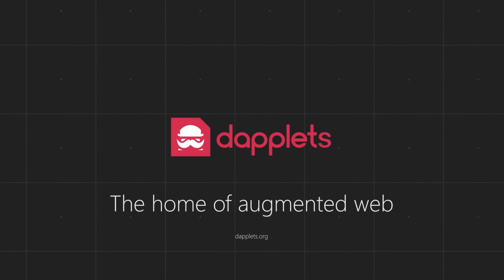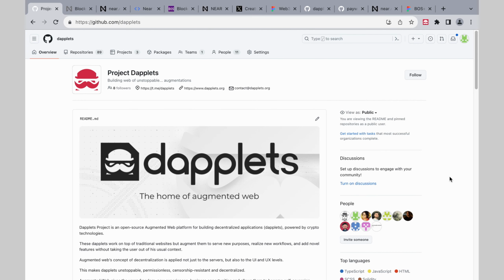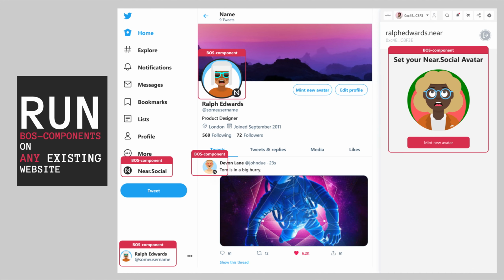Dapplets provides tools for embedding Web3 applications into any web page without getting permission from its owner. It is a fully decentralized, permissionless, open source, and crypto-aware Web3 platform. And now we want to add BOS-components support. The integration of BOS-components and Dapplets will deliver BOS applications to millions of new users on existing sites, without compromising